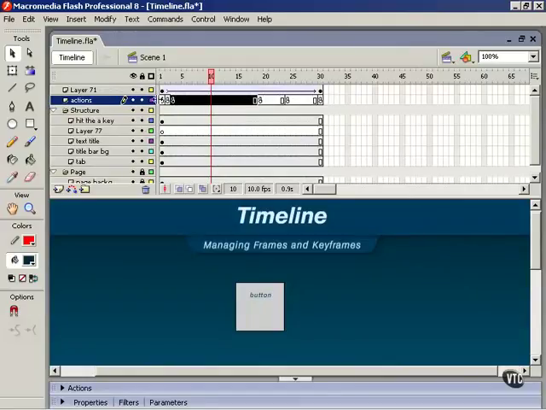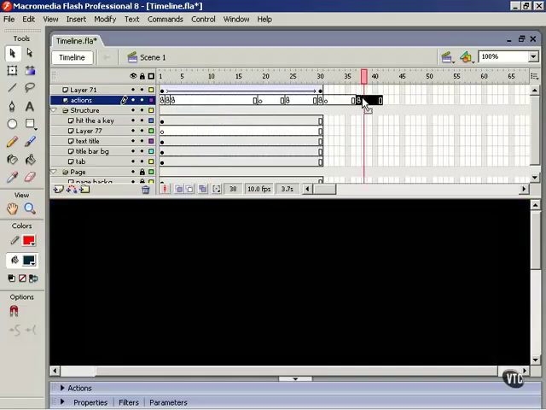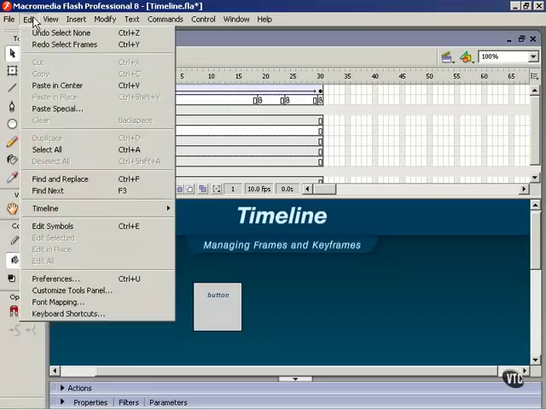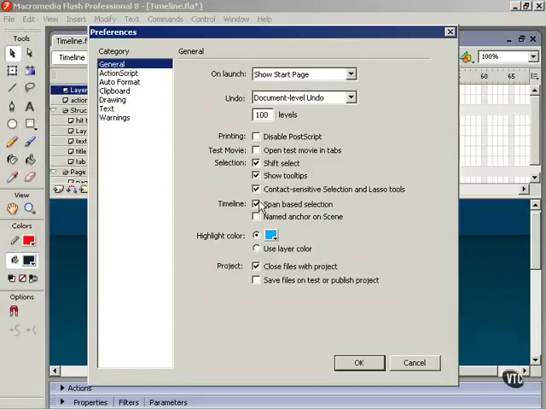This time Flash selects an entire span of frames, from the first keyframe up to the frame before the next keyframe. Another thing that this does is allow you to quickly single click and drag to move a span of frames. Now I personally don't use this, but the choice is yours, and it's good to know if you want to change this later. The default selection method takes a little longer to use, but it does give you more control. So let's turn this back off, change it back to default,